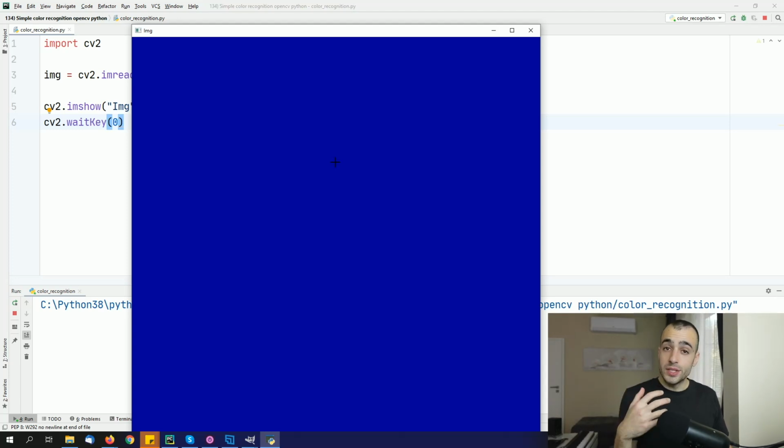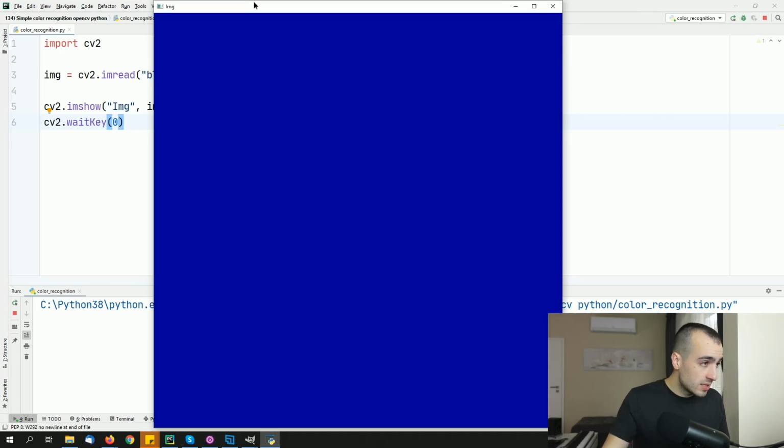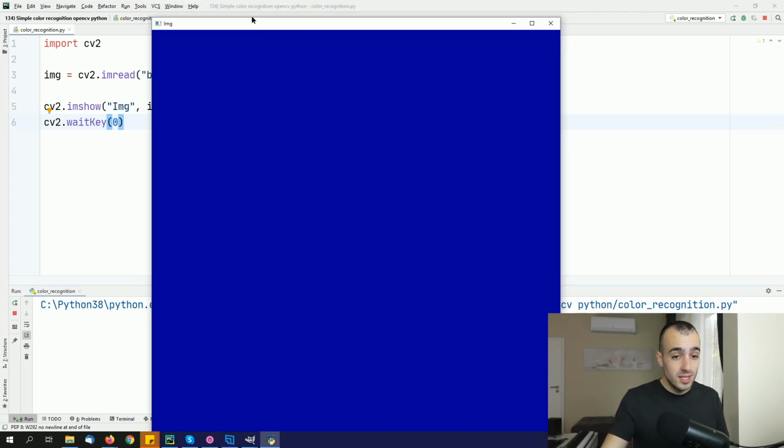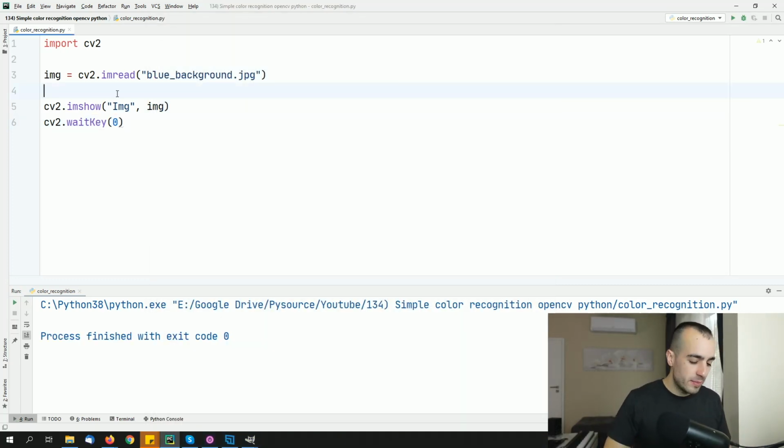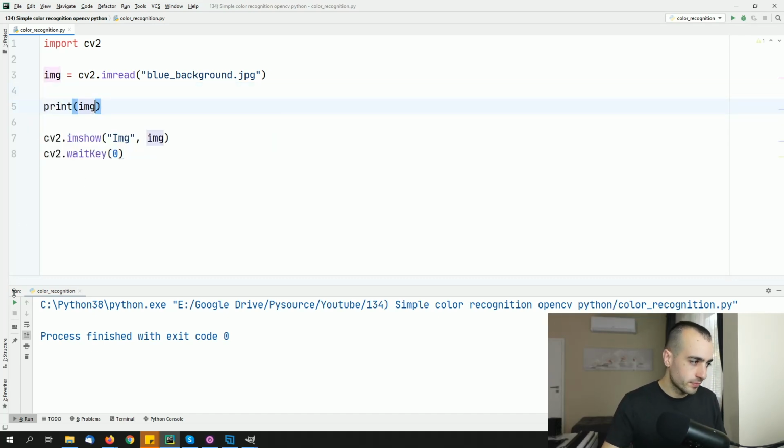What color format uses OpenCV and how does this work? It's very simple. This image, which is size, I'm not sure, it should be 1000 by 1000 pixels, is drawn with the BGR color format. So each single pixel has 3 values. If I print this image, print img,